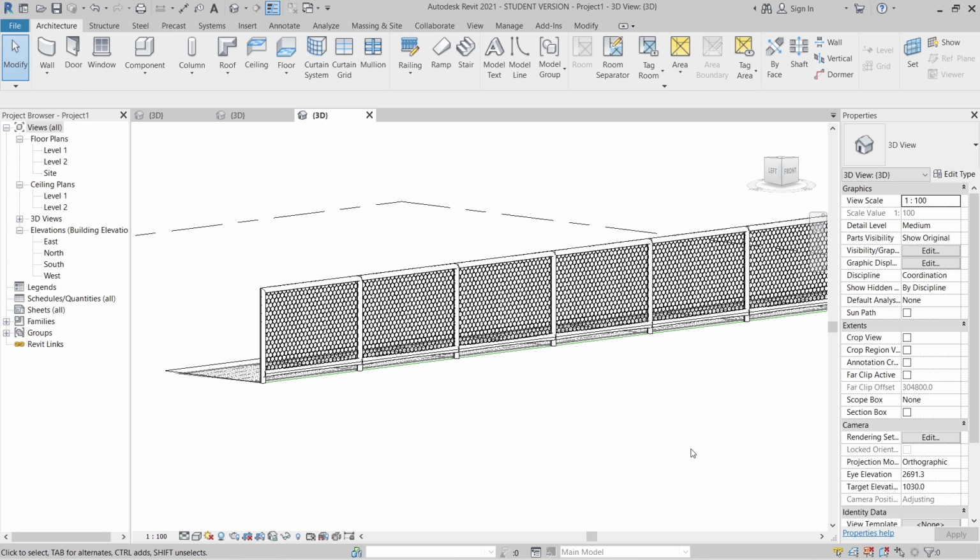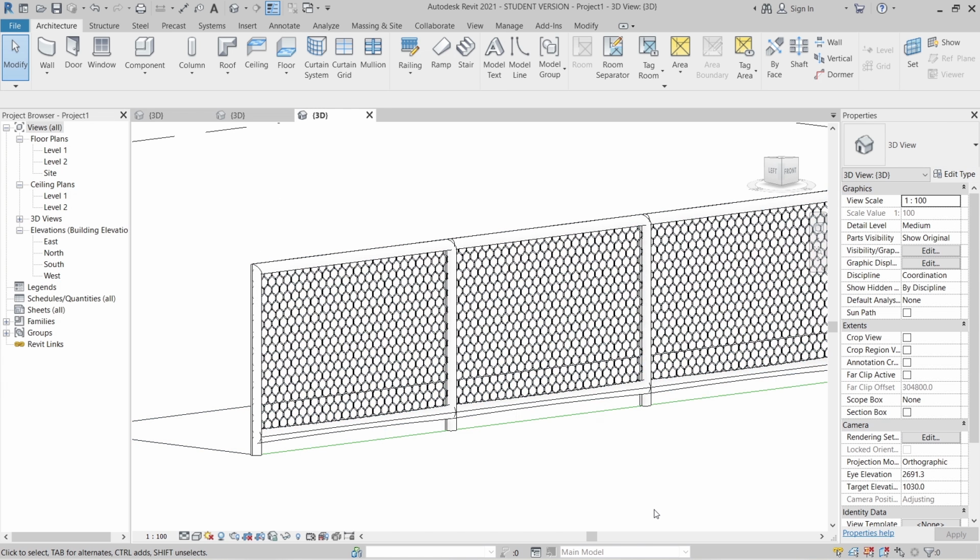But my suggestion is to try to use a texture for the wire mesh inside, on the center here. The reason is that when you use a realistic wire mesh, your file will be too heavy, so your project will run too slowly. It depends on your PC spec or laptop spec also. But anyway, today I'm going to show you how to model it from start to finish.